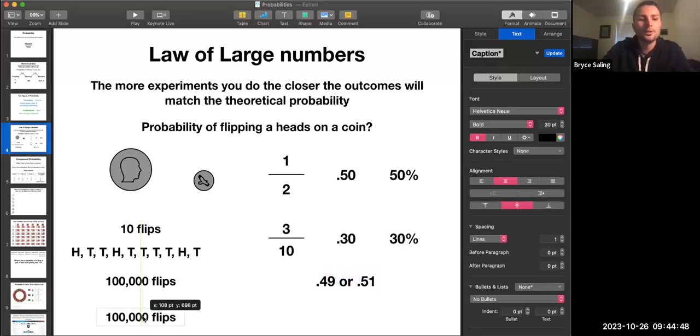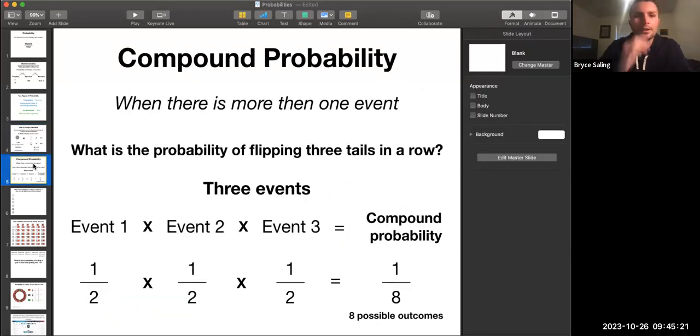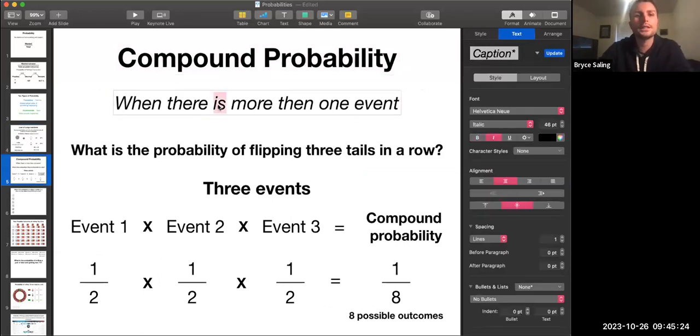And if we did 1,000,000 flips, it would get even closer to 0.49 or 0.51. And then if we did 1,000,000,000, eventually, the more flips you do, it will get to the theoretical probability. So that's what the law of large numbers is. So let's do some compound probability, and that's when there's more than one